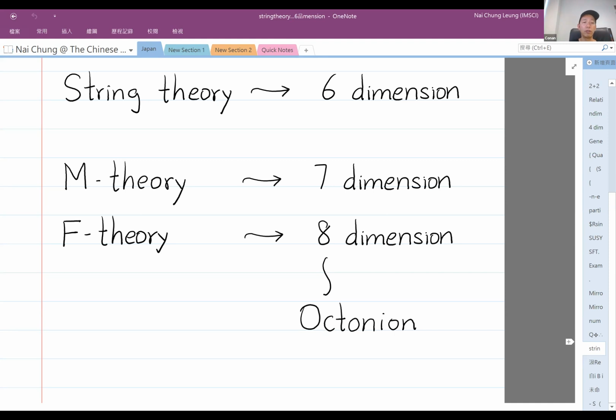Shortly after the development of M theory, Walther's group developed the so-called F theory. They tell you that this is really the ultimate theory, that more than M theory you cannot create any more. 8 is the ultimate dimension to have the richest theory. M, in fact, stands for the mother of all theory, and F stands for the father of all theory. So you don't have any other.